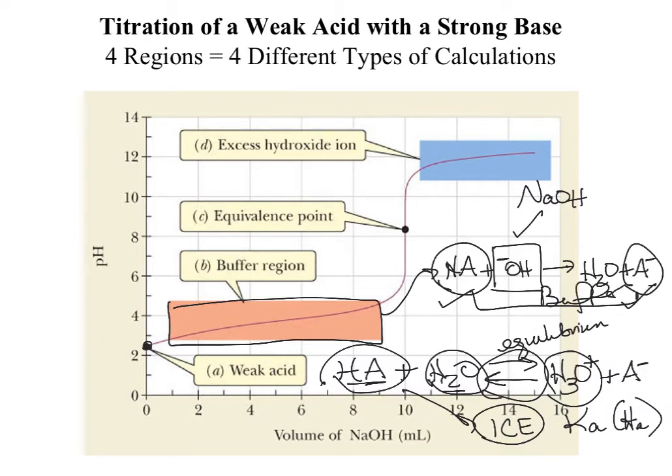And so in the buffer region, again, you are going to use the Henderson-Hasselbalch equation to find pH. And that's the most common type of calculation for titration of a weak acid. All right. At the equivalence point, and I'm going to go through each of these steps individually, but I'm just giving you an overview. At the equivalence point,